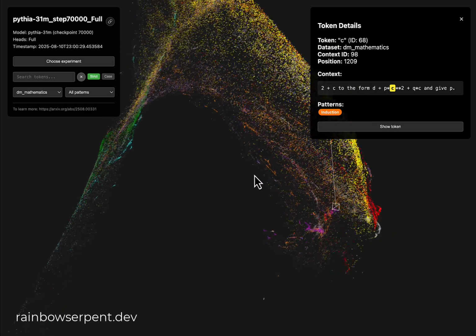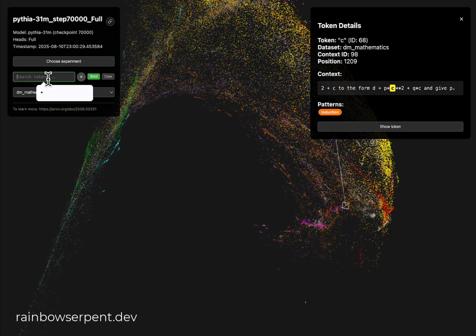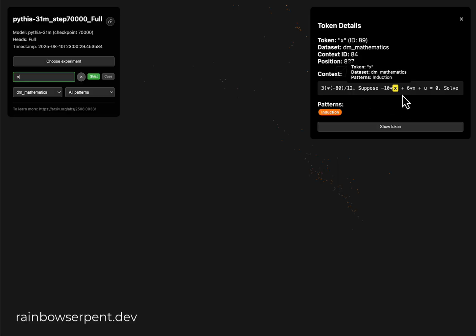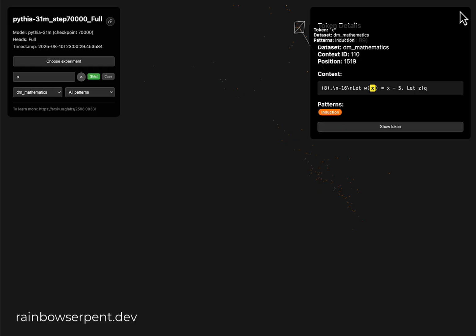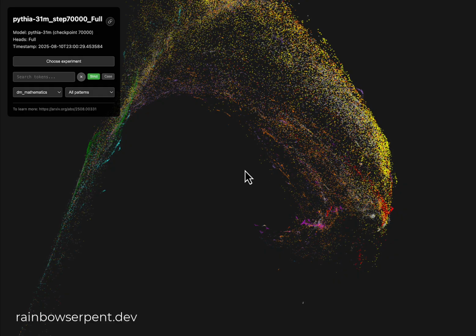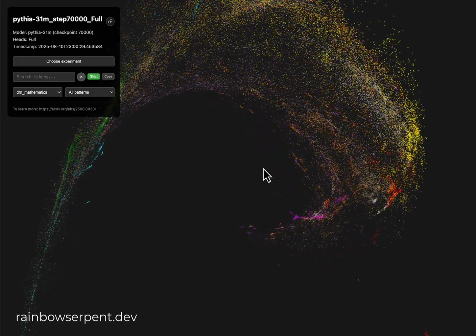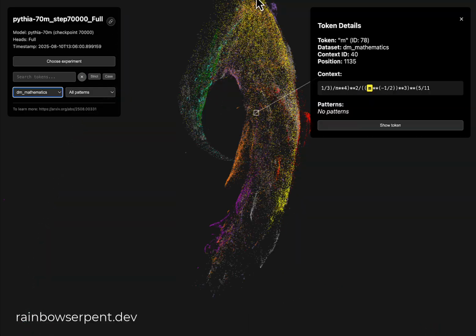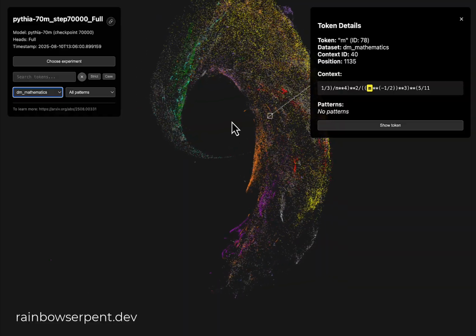That's all the way over there. I wonder if there's any X's. Okay, so this is an X. It doesn't really appear that they're forming some sort of cohesive thing like we can see in the